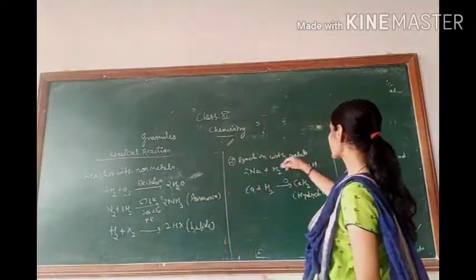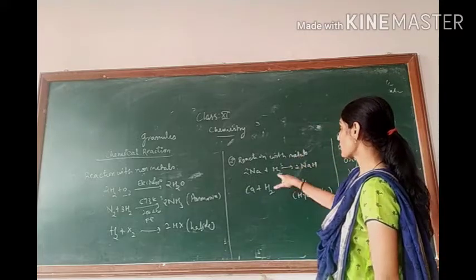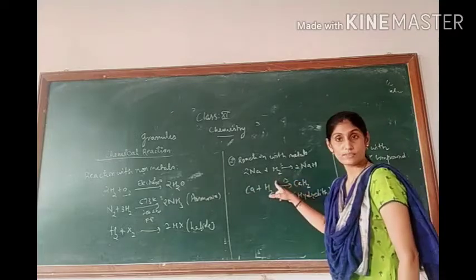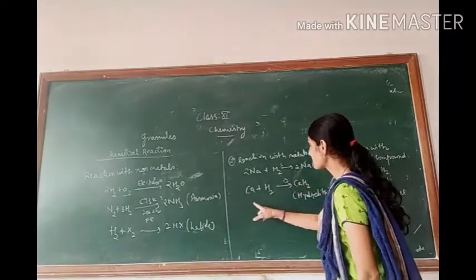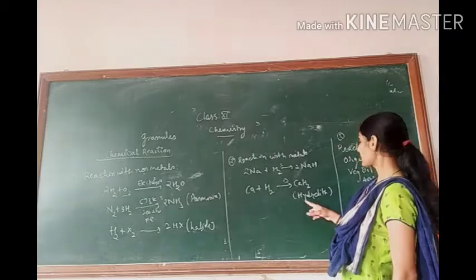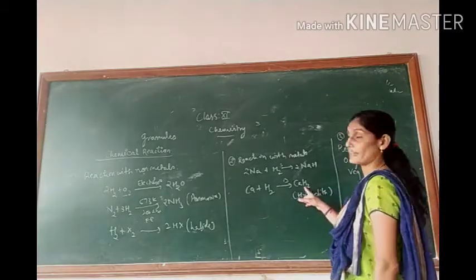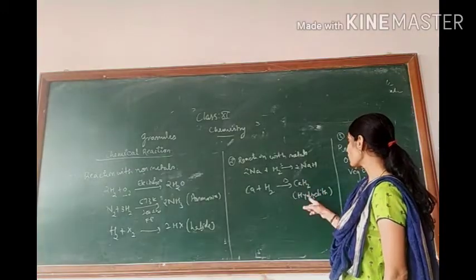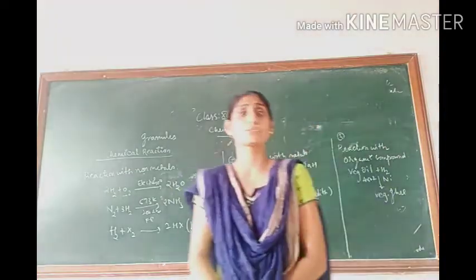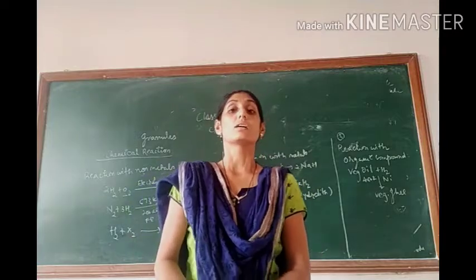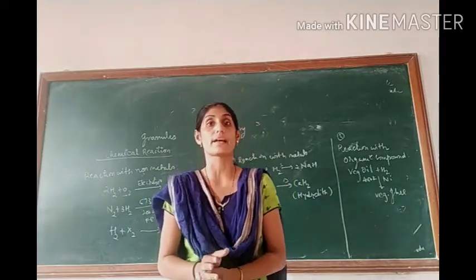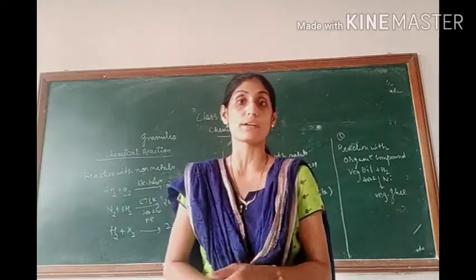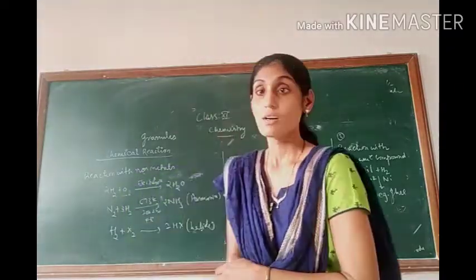Now when we talk about the reaction of metals with hydrogen, it is going to produce hydrides. Sodium, whenever it reacts with hydrogen, produces sodium hydride. Calcium, when it reacts with hydrogen, produces calcium hydride. The common name of calcium hydride is hydrolith. So that is the hydride we have to learn next. There are three types of hydrides, that is ionic hydride, metallic hydride, and interstitial hydrides. That we will learn in the next lecture.